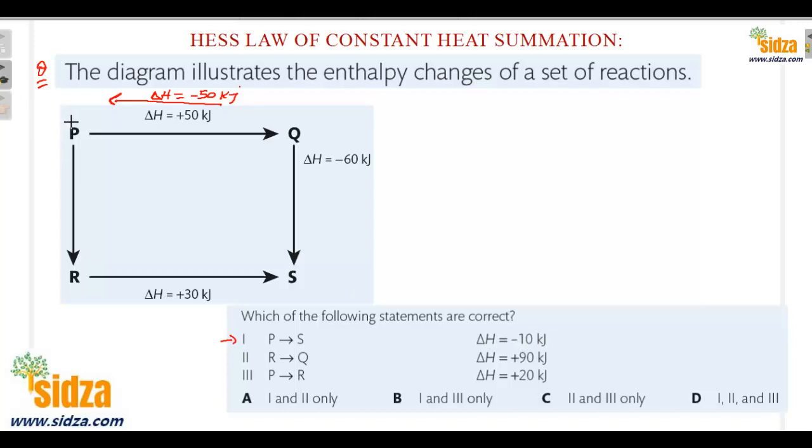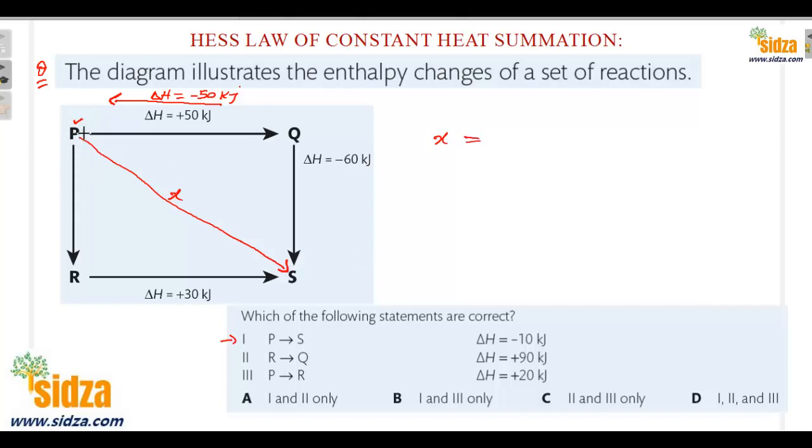P to S. This is the starting one and this is S, right? When P goes to Q, it is 50 kilojoules, and when Q goes to S, it is negative 60. So when you want to convert P to S, let's suppose this is the direct process, and this is X kilojoules. According to Hess's law, when P changes to S, let's suppose this is X,